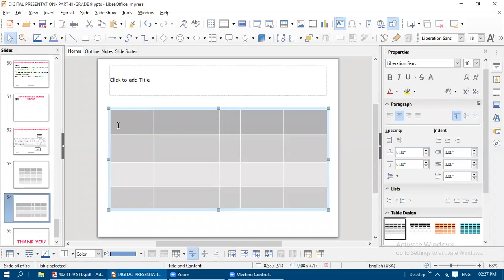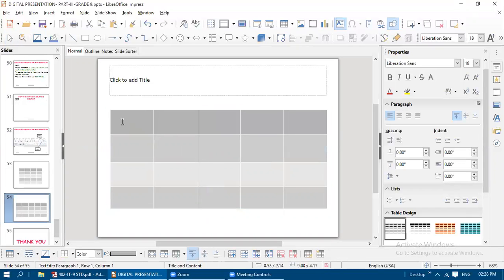Now I'm going to show how we can select by placing the mouse pointer at the left edge of the row. For example, if I want to select the first entire row, I need to just place the mouse pointer over here like this. Now I got the sloped white arrow. Just click the left mouse button and drag it to the end. So now the first row fully got selected.